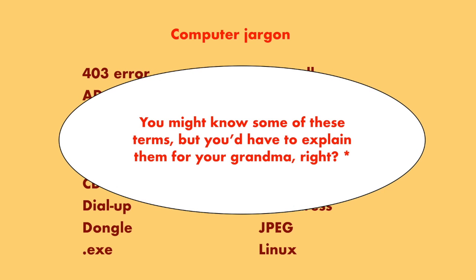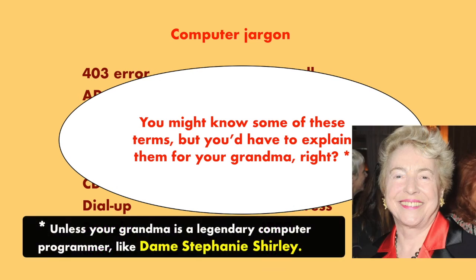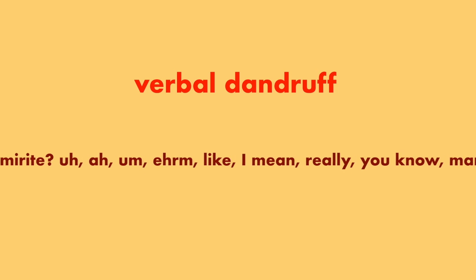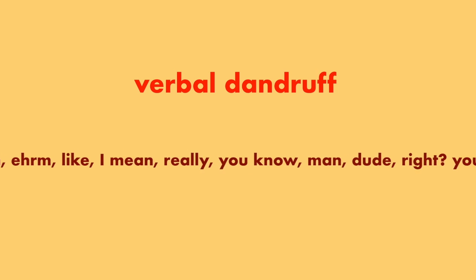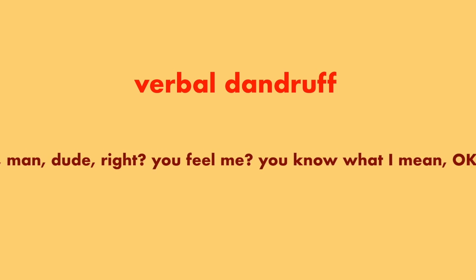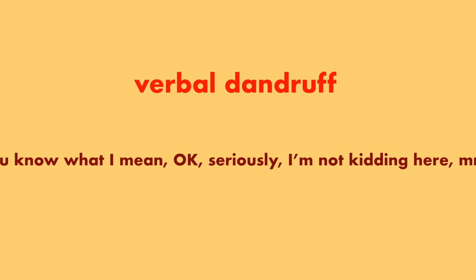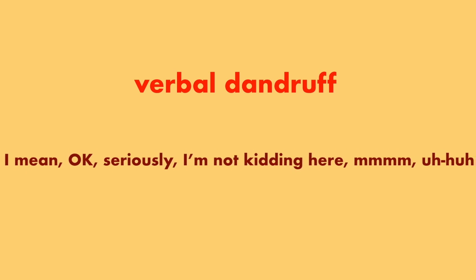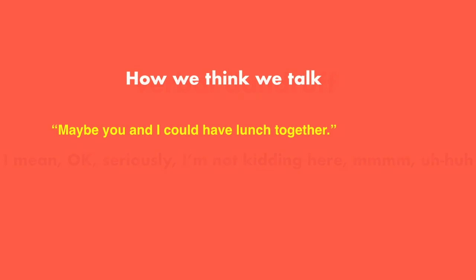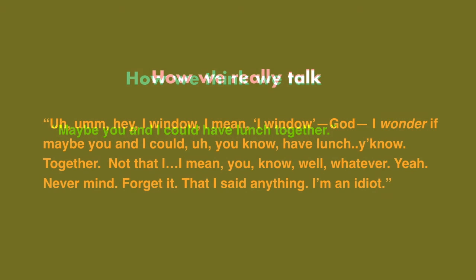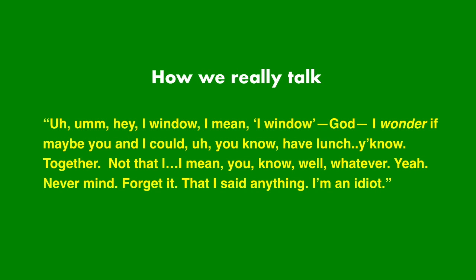We interrupt each other. We start sentences and then let them trail off without actually finishing them. We drop all kinds of verbal dandruff into our speech, like, like, dude, seriously. That kind of thing. We don't always say things clearly, and then we have to go back and explain it again better. We start to say one word, then stop suddenly and switch to the new word. We mispronounce words or use the wrong word for what we mean. You wouldn't read more than a page like that. You'd put the book down.